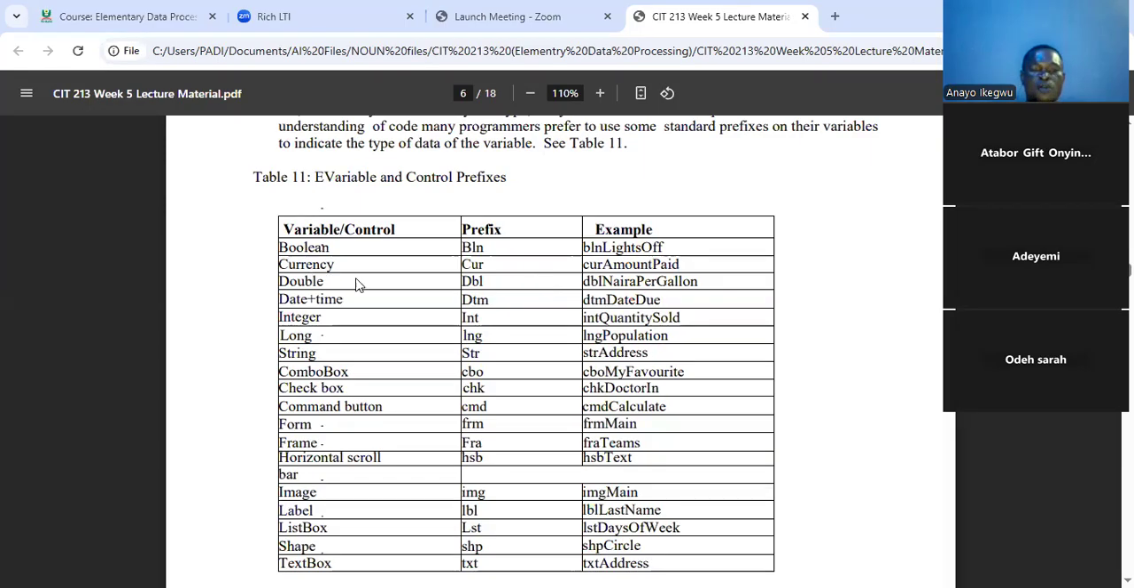That is why you see here double, as in naira per gallon or thereabouts. Currency, use CUR. Currency like amount paid. List, use LST. Label, you see LBL is used for referencing when you begin to program in the Visual Basic. Image, IMG. So these are some of the examples of prefix through which you annotate the variables